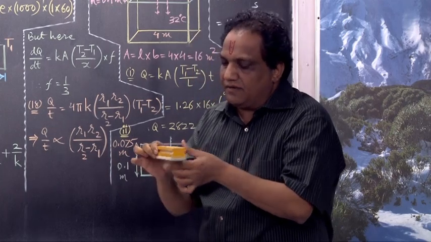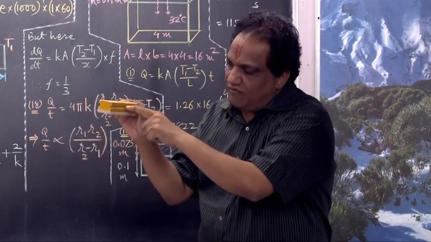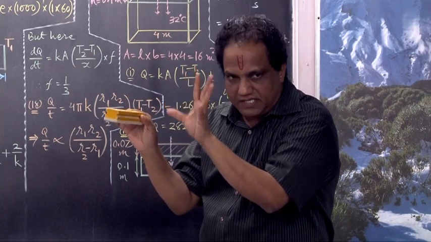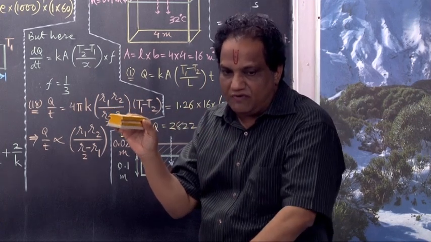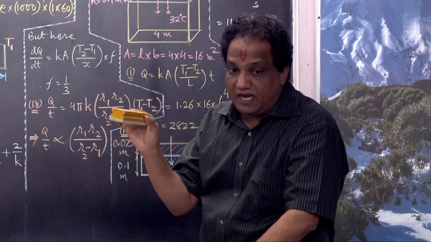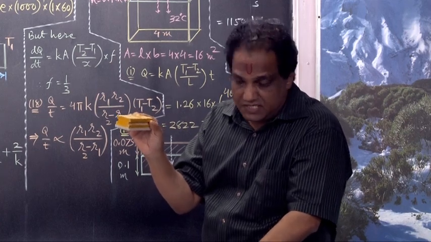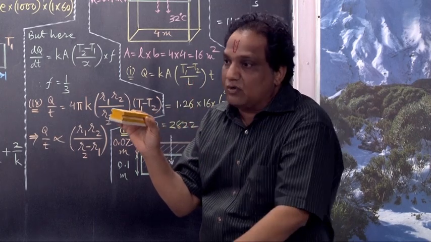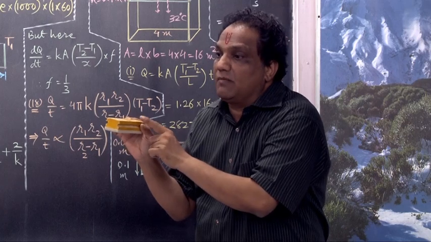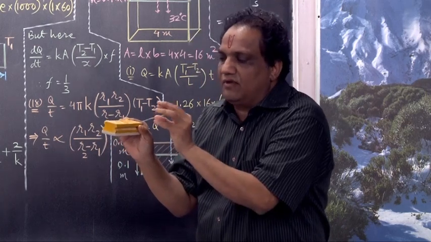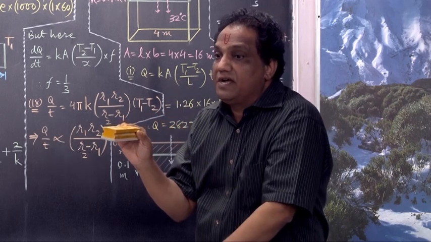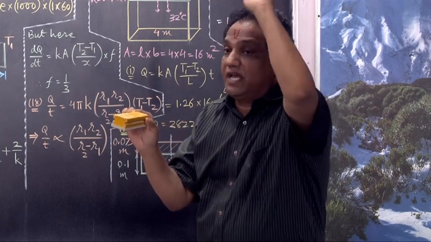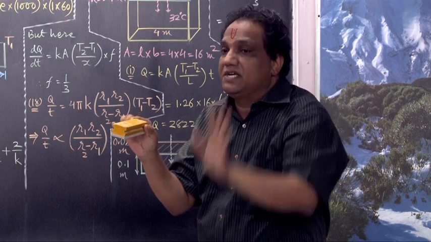Now tell me, what happens actually from within the material? From within the material, heat energy wants to escape. But the thermal conductivity of glass is very low. So from within the material, heat energy would escape outside slowly, because of low thermal conductivity, and that heat is flowing by way of heat conduction. But when that heat energy comes on the surface, after that it will lose the energy by way of heat radiation.